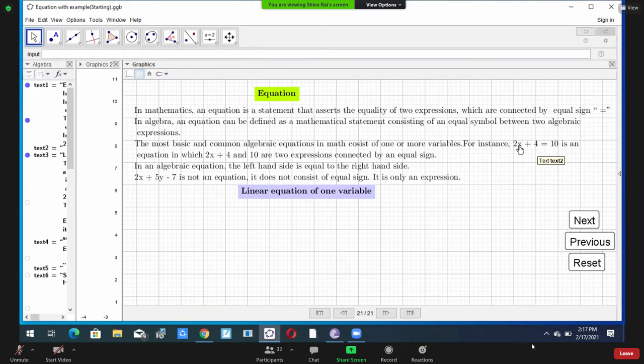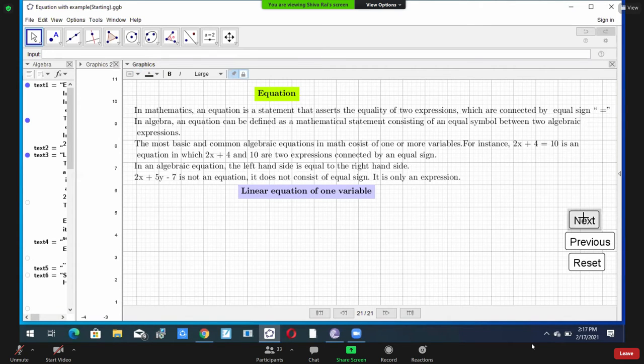Here x is the variable, its power is 1, but it is not written. If the power is 1, it is not necessary to write it, but it is understood that the power is 1. So if an equation has the highest power 1, it is a linear equation. But in this case, only one variable. It may have two variables also. But here we are discussing only linear equations in one variable.